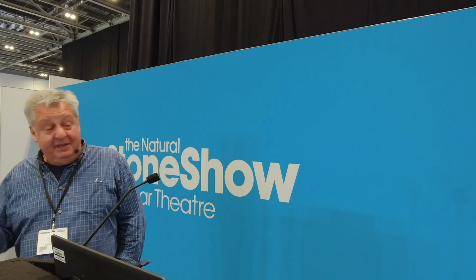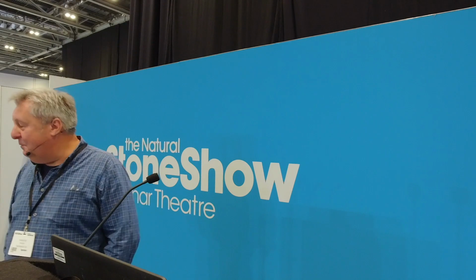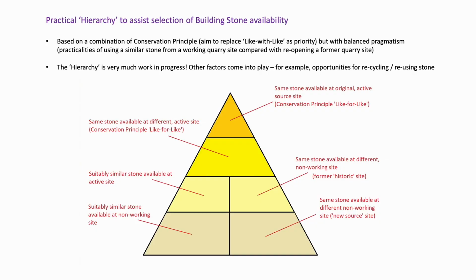I like using them. This is one that we're developing and modifying a bit more in Geckoella, but you can see the upper apex of the triangle there is around the ideal scenario, which is you've got the availability of the same stone in the same location. Well, that doesn't happen very often, I can assure you. So the next tier of the triangle is, well, you've got the same stone, but it's in a slightly different location. And then as you move further down the triangle, it gets more complicated, because then, of course,